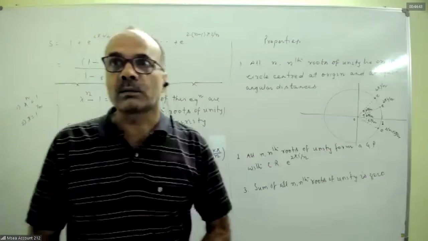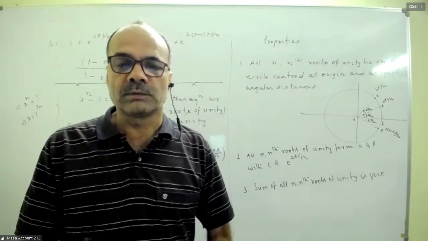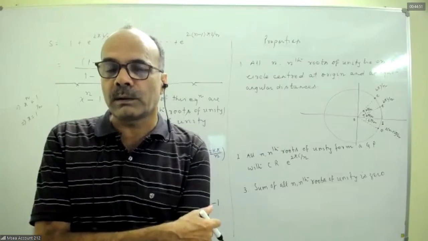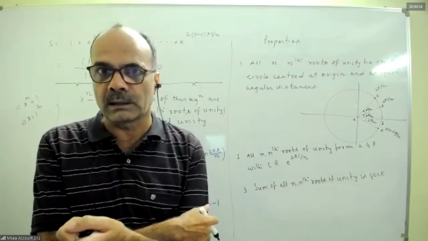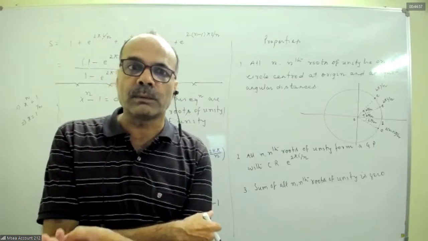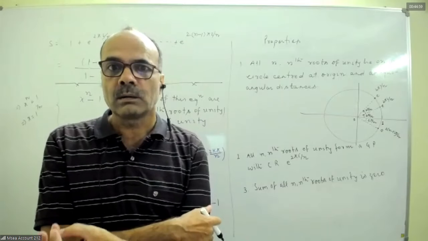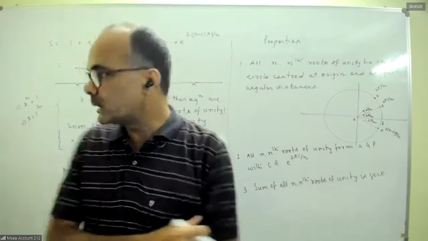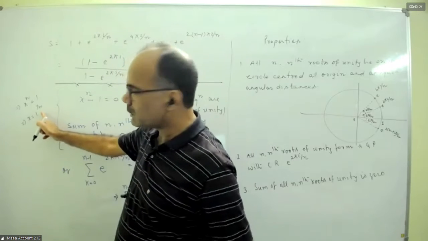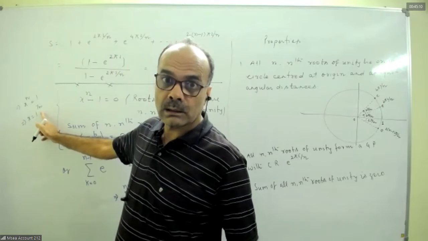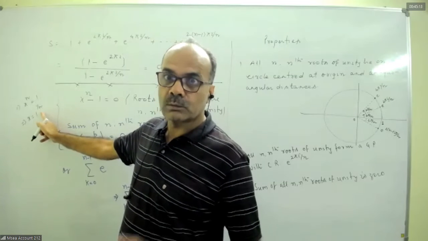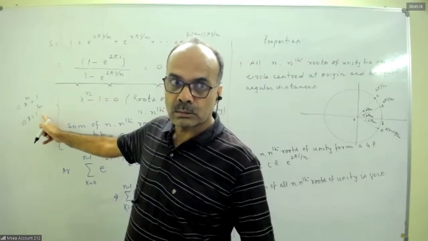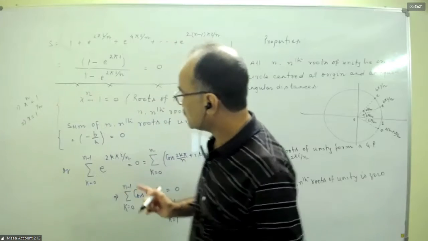See, 1 to the power 1 by 2, the value is plus or minus 1 in the real plane. And 1 to the power 1 by 3, the value is 1 in the real plane. In the same way, 1 to the power 1 by 4, the values are 1 or minus 1 in the real plane. But in the complex plane, how many values will there be of this number? n values. And those values are the nth roots of unity.